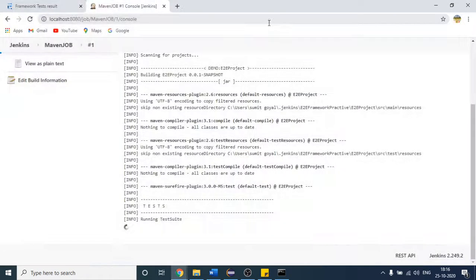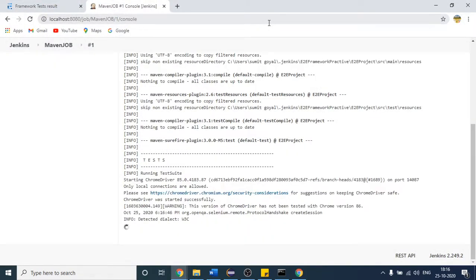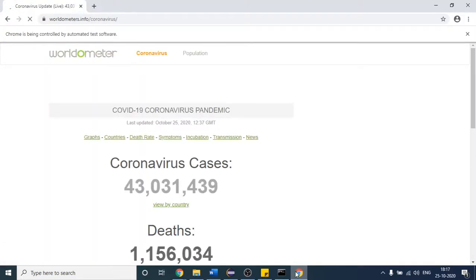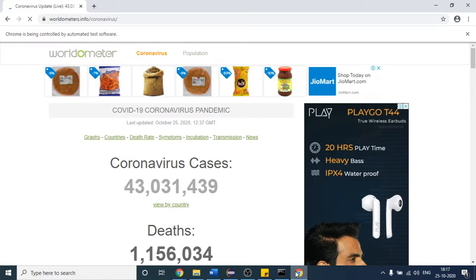So it will run our first test case. I think, yeah, it is the demo website. After that it will run my second test case. What is this one? I think it is the coronavirus homepage. Yeah, here you can find the total cases. Both the test cases will pass now because I have commented out that assertion line, so it will pass.